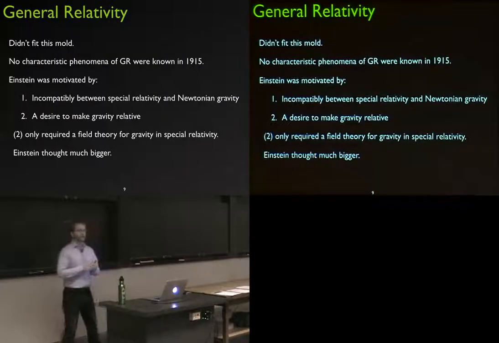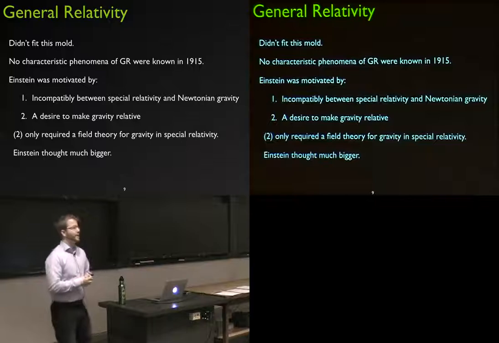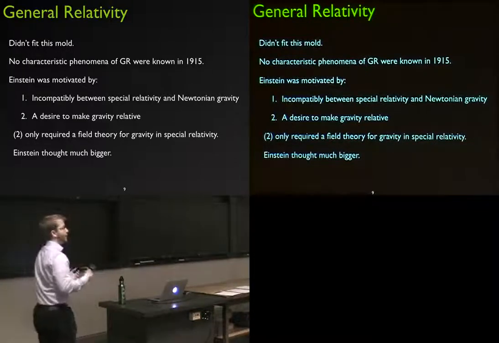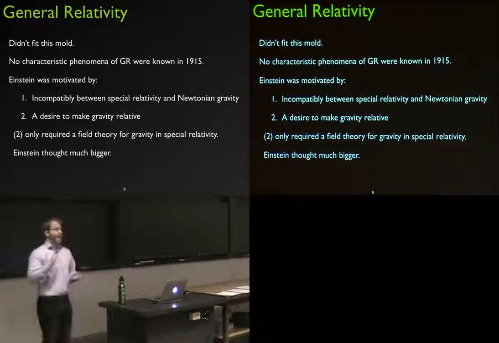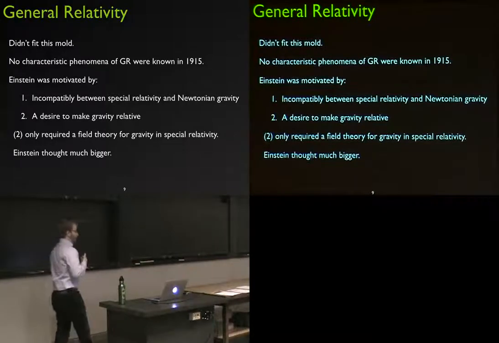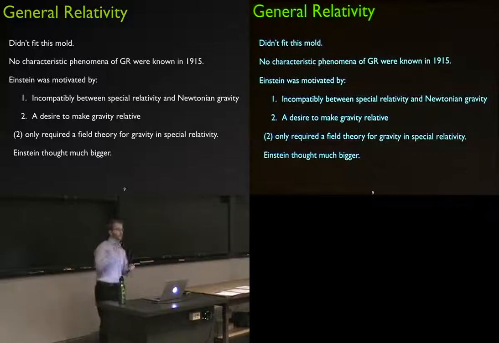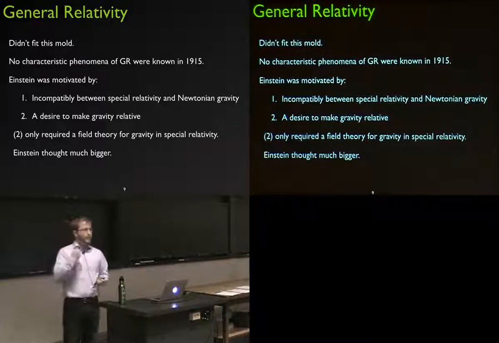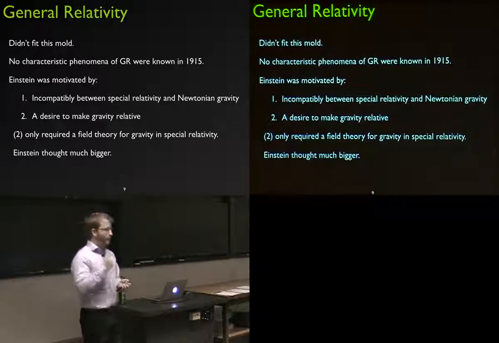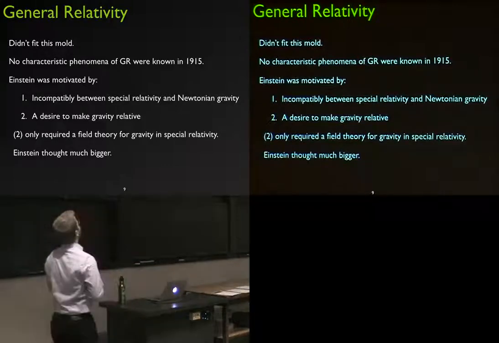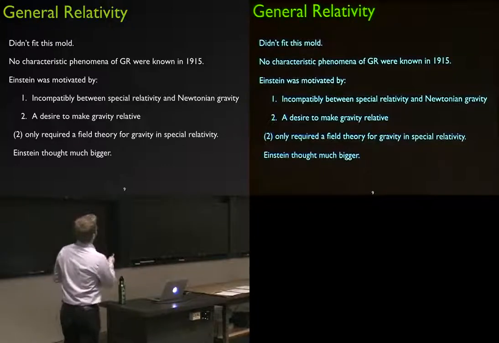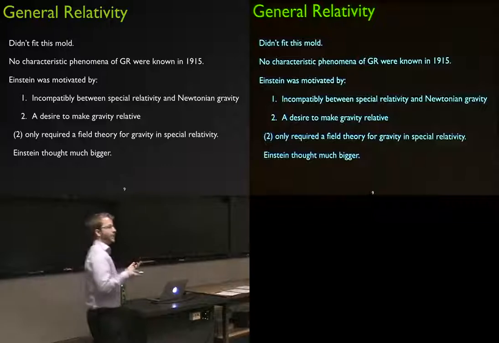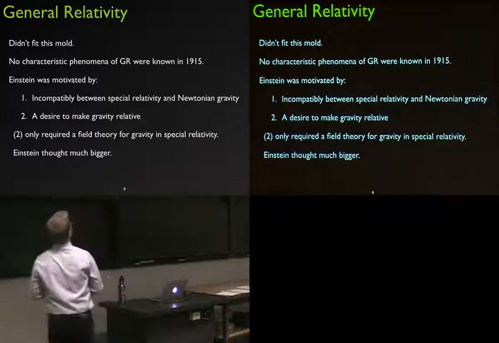General relativity kind of broke that mold. It's rather unique in that there were no experimental results at the time of Einstein's dreaming of general relativity that demanded this theory existed. He really came up with a theory to explain things that didn't really need explaining, but that he thought just must be true because he had such a strong physical intuition, an unprecedented physical intuition. So in 1915, the time that Einstein proposed this theory, there were no experimental results that demanded it. It's pretty unique that that's the case.